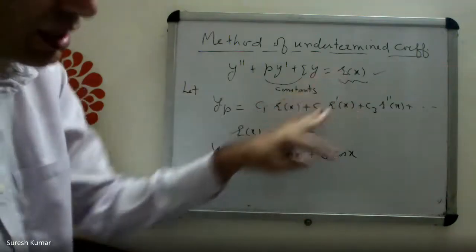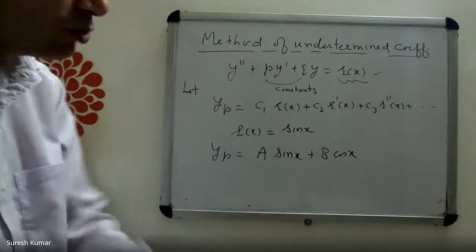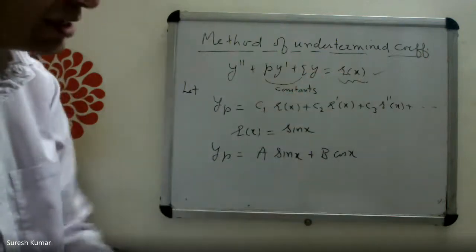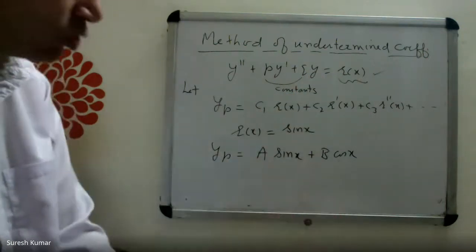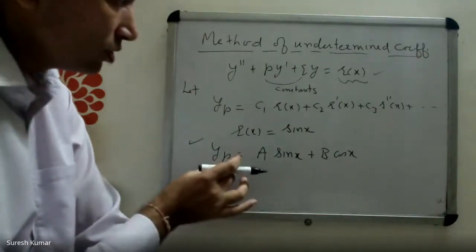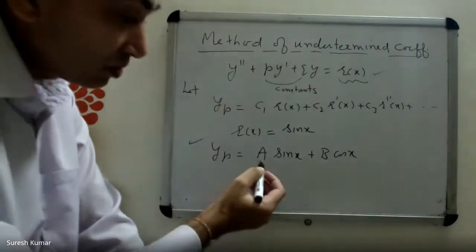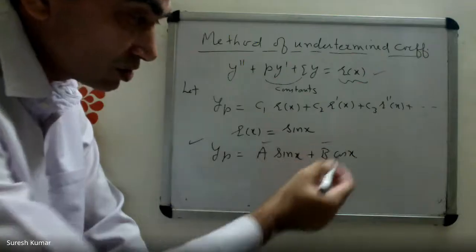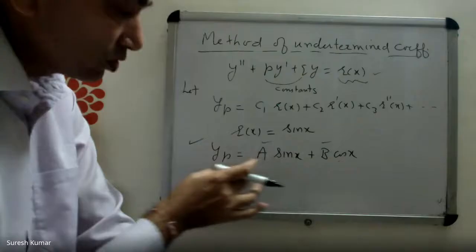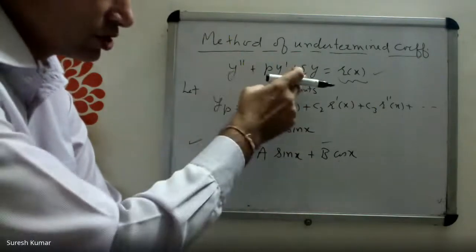So naturally, R(x) should have a finite number of independent derivatives. So you have to consider all possible functions appearing from the derivative and then consider their linear combination. Assume it is yp. After that, substitute this yp into the left-hand side. In this particular solution, what is unknown? These constants, these undetermined coefficients. Because you are assuming that it is a particular solution, substitute it into the given differential equation.